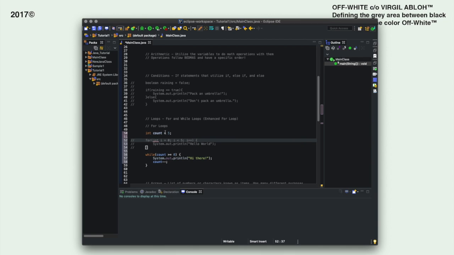So count is currently equal to 5. As long as 5 is greater than or equal to 0, which it is, it prints out this. And then it decreases count by 1, which is 4. 4 is greater than or equal to 0, which is true, so it does this. Prints out hi there. It keeps on doing that until it reaches 0, and then it decreases and becomes -1. -1 is no longer greater than or equal to 0, so